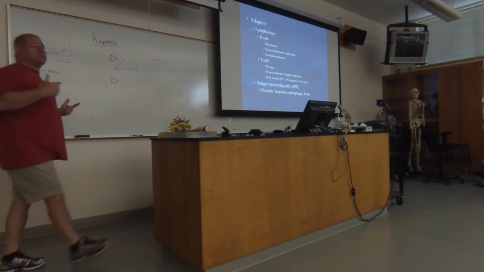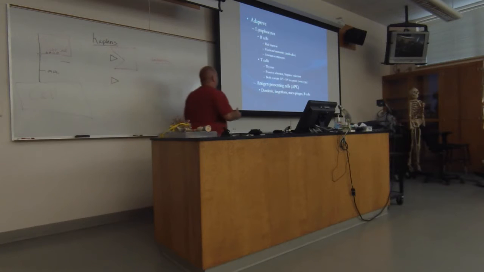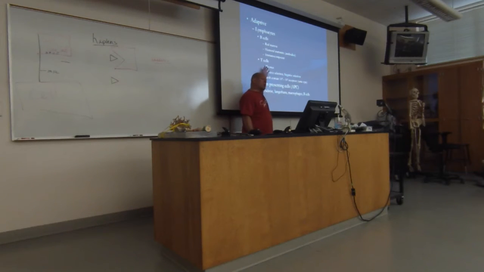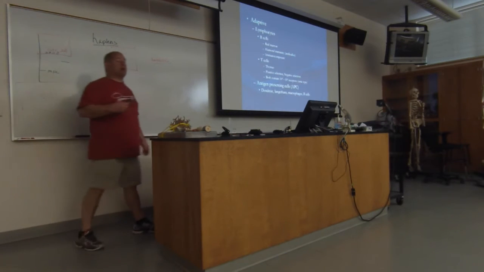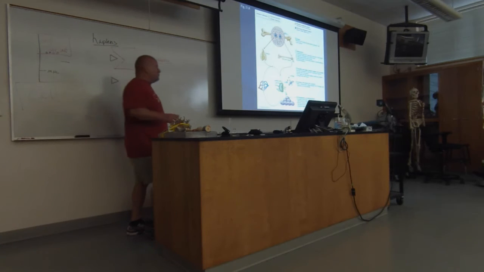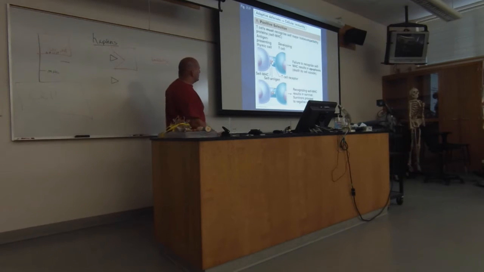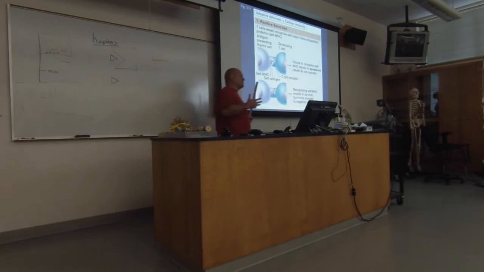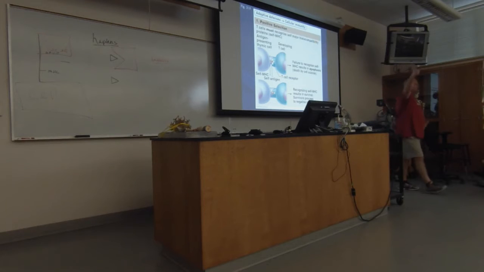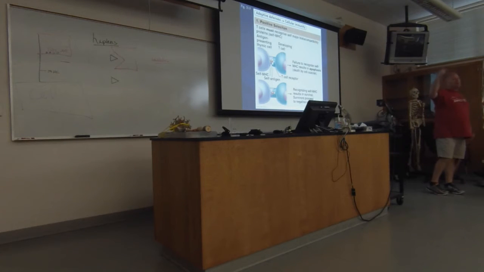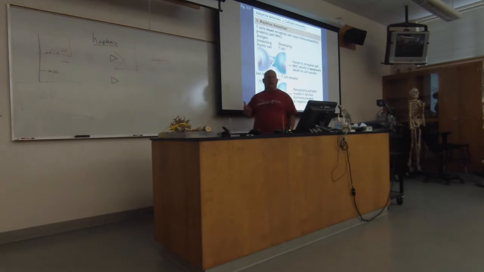Now, we think the way B cells become immunocompetent is similar to T cells, but we know a lot more about T cells. So I'm going to spend the time talking about how T cells become immunocompetent. It's a two-step process. It's called positive selection and negative selection. The first one is rewarded because they do something good. The second one, if they do something they're not supposed to do, is negative selection, and they undergo apoptosis, cell death, cell suicide.